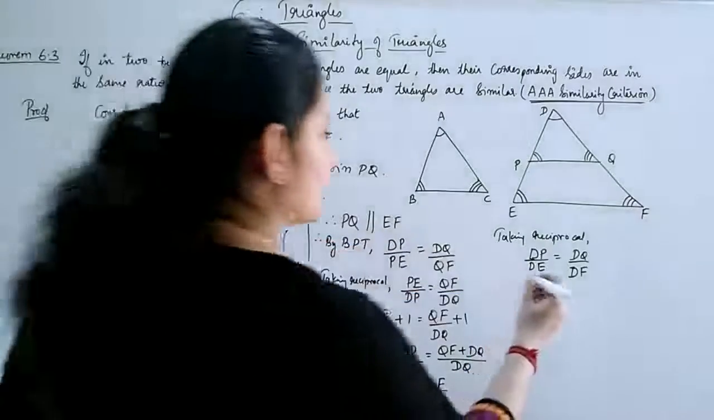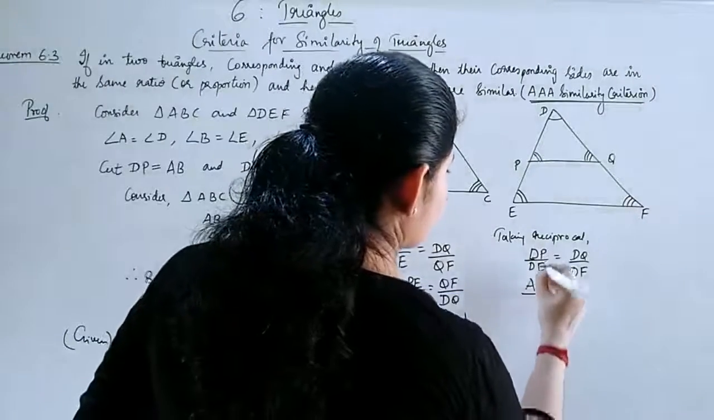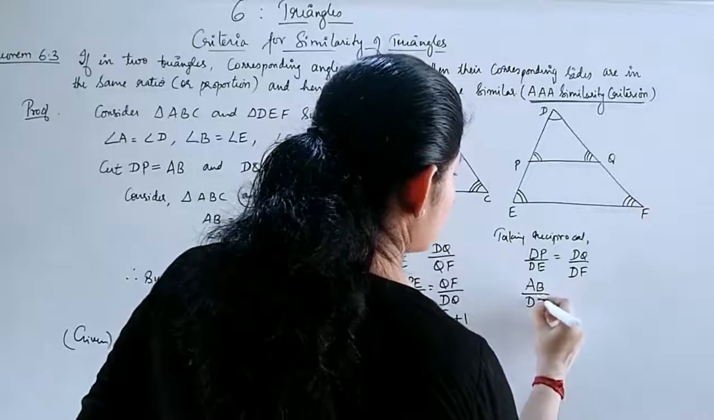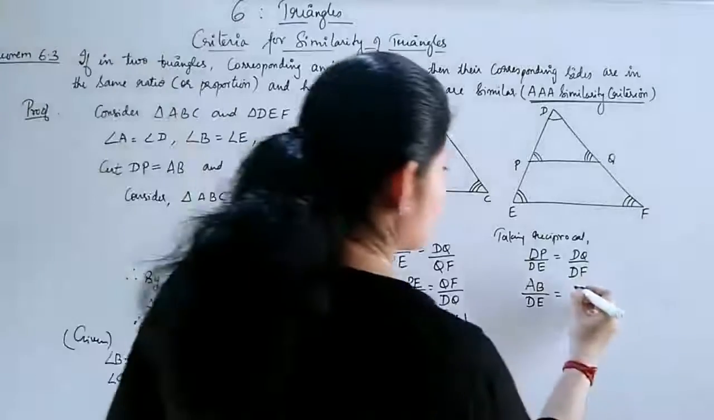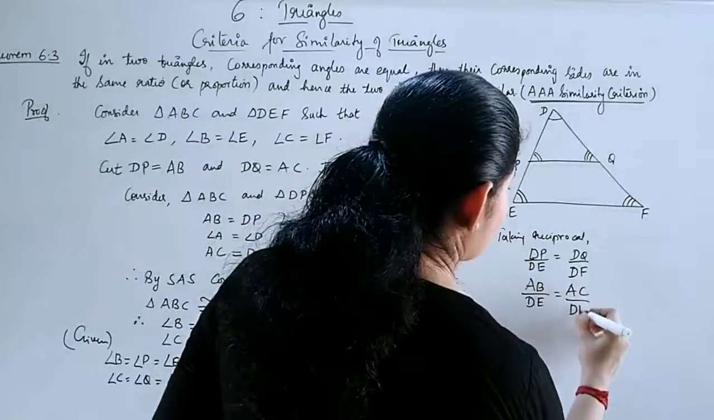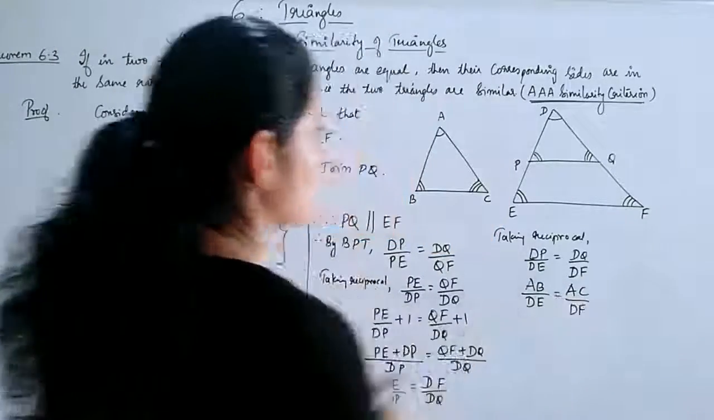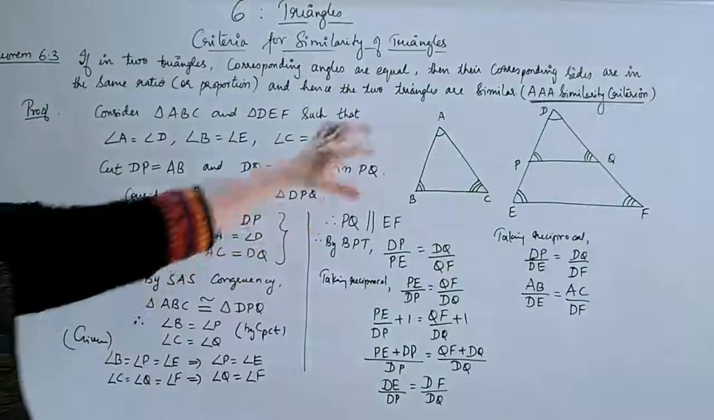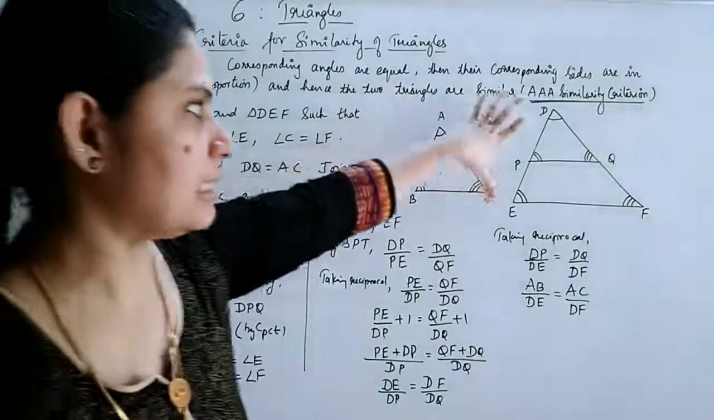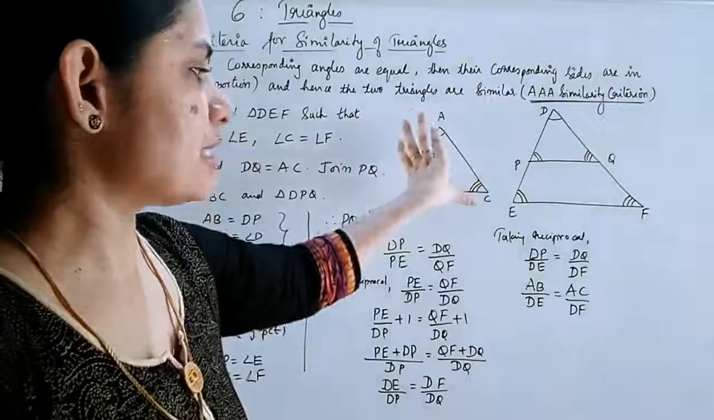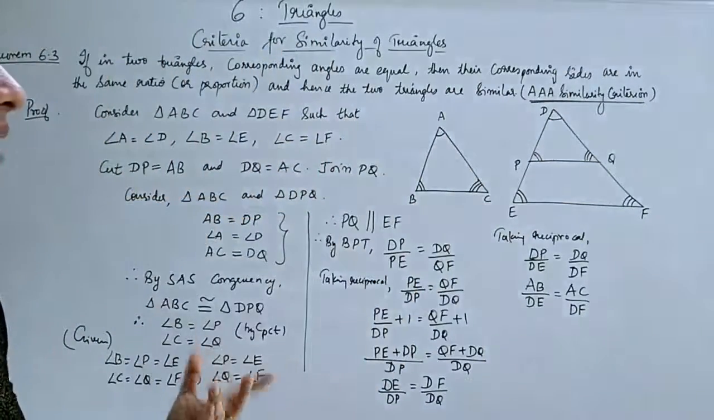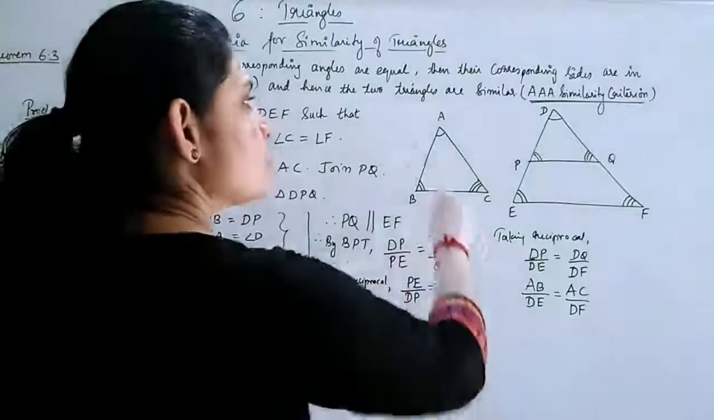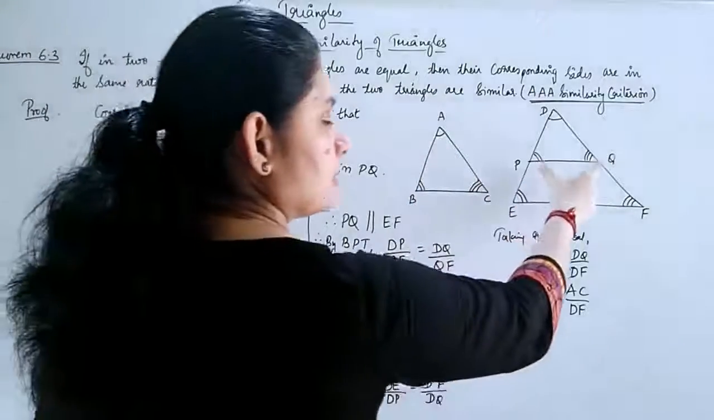Replace dP with AB divided by dE as such, and dQ is AC. So you get AC by dF. Okay, so you are getting one pair of sides to be proportional, that is AB by DE is equal to AC by DF. Now similarly you can show that BC is equal to AB if you consider that is this